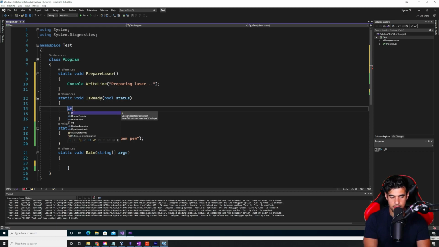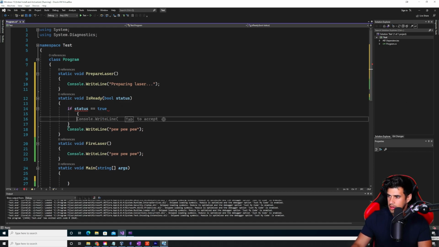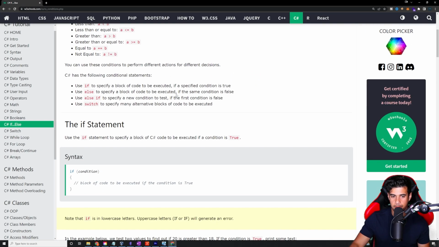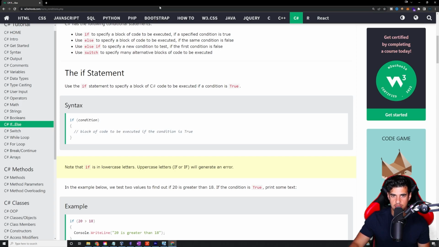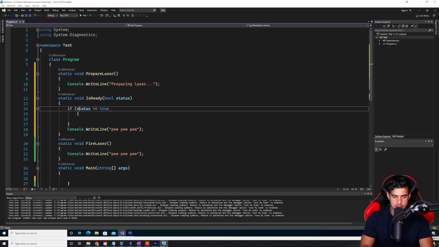And we can say if status equals true. I think that's right. Let me review. See, here's the thing of me always forgetting syntax and why it's not important to remember. I forgot the syntax, so I'm just going to go look it up. What is the syntax for an if statement? And we scroll down: if, and then the condition wrapped in parentheses. So let's just do that. So if, then wrap this, if status equals true,